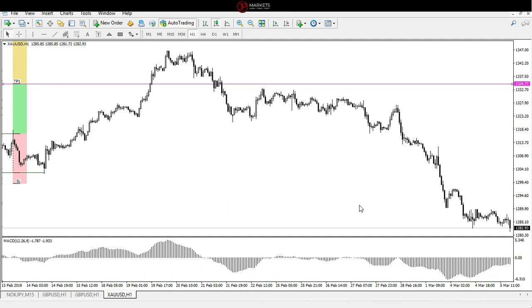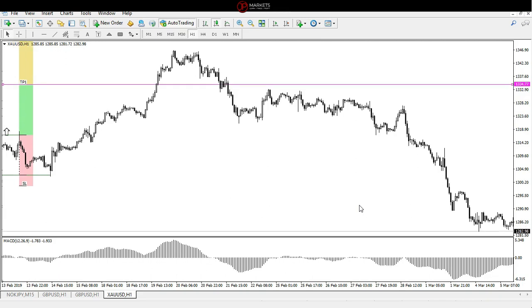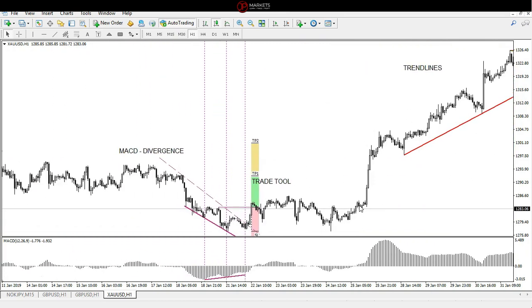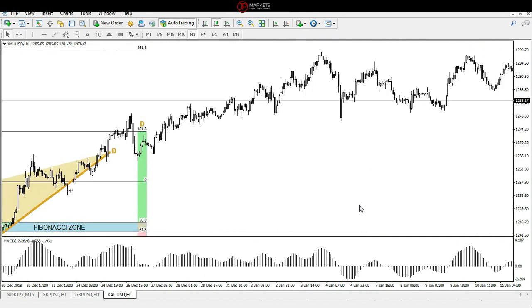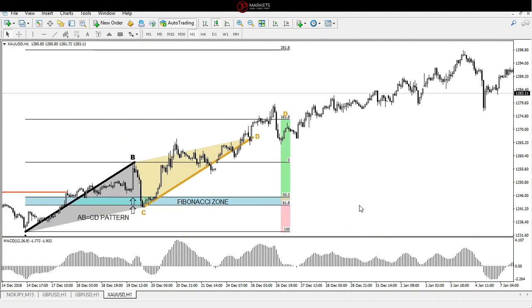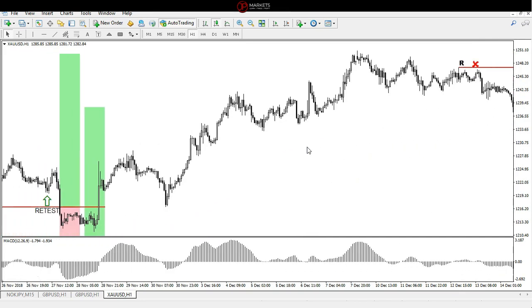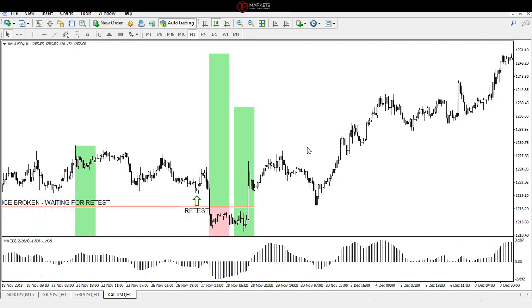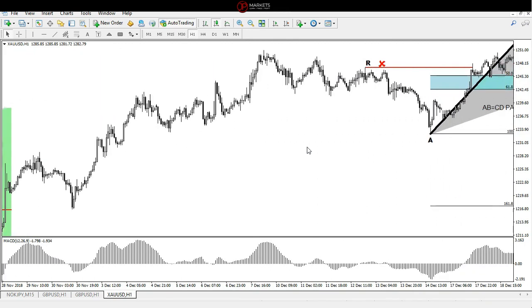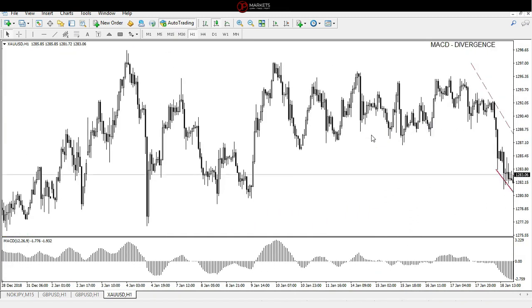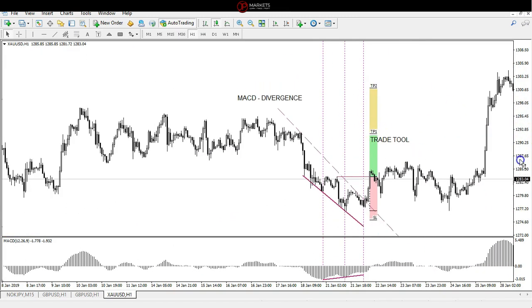So this concludes this video. I'm looking forward to teaching you all of these wonderful strategies. These are called technical strategies, obviously, because we are not looking into the fundamentals. We're not reading the news here. We are literally looking at how these candlesticks or this graph is moving, and using these methods or techniques or strategies, if you call them, we can then make decisions on whether we are buying or selling. And with the use of our trading tools, like the trading tool that I mentioned, this one here,